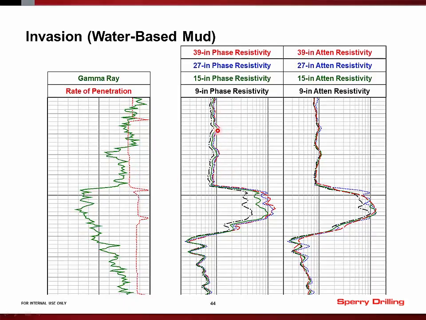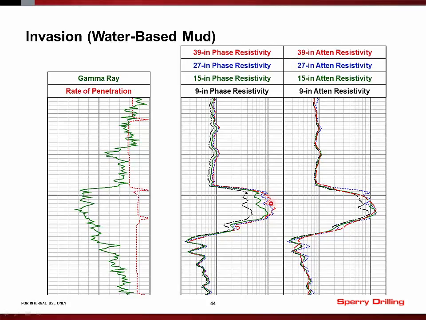In the shale we see very little separation between these curves. They're pretty much stacked on top of each other. In this interval there may be a small amount of borehole effect or possibly some anisotropy, but the main thing to look at is what happens in the sand. And here we're in water-based mud, and what that means is that the invading filtrate that's penetrating the formation has a lower resistivity than the formation fluid. Clearly there's a high resistivity zone here which suggests that it's hydrocarbon bearing, so the native resistivity is very high,